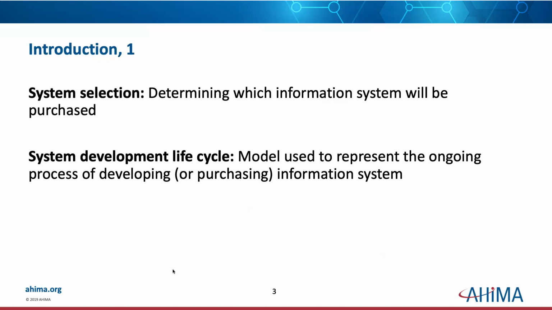System selection. What is system selection? It is determining which information system will be purchased. That's pretty much it. That's the process. When you identify that you need a system, a new system or a different system or an additional system, then you have a process to go through. How do you do that? How do you know which one to choose? Which one's better? How do you evaluate these? How do you open it up to vendors so that they know that you're interested in purchasing a system? Well, we will get to all of that